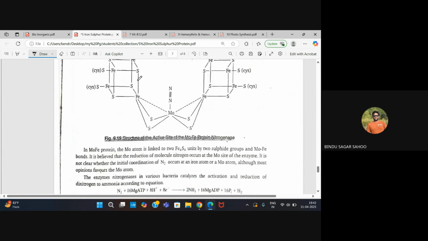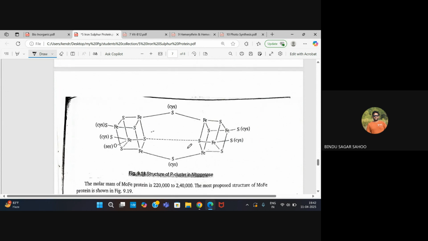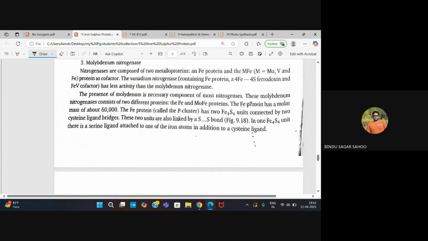And this is the other part. So two groups are present. The first group is called the iron prosthetic group, that means these two, and the second part is the molybdenum part, this one. It is mentioned that this molybdenum nitrogenase consists of two different proteins, one is the iron protein and another is the molybdenum iron protein. The Fe protein has two Fe4S4 units connected by two cysteine ligand